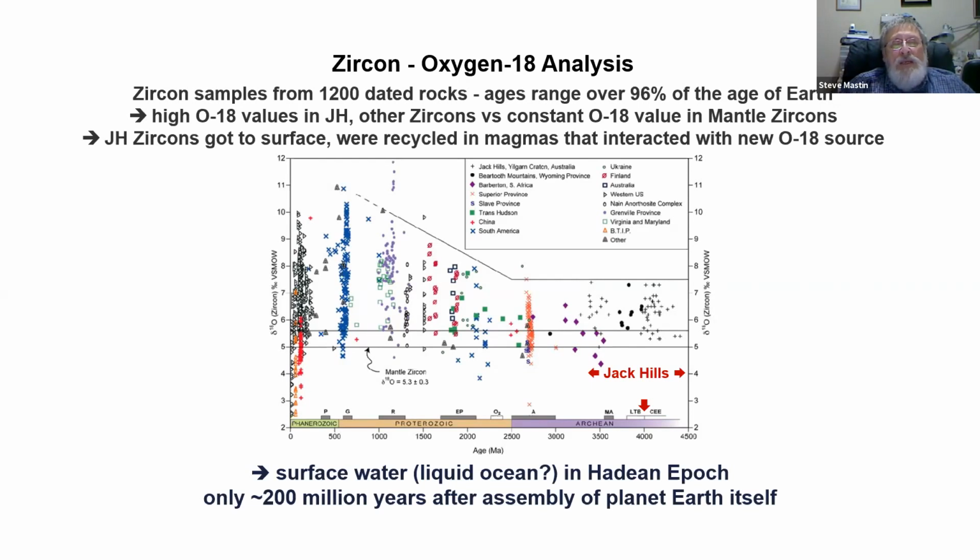And what does that mean? That means that those Jack Hills zircons interacted with surface water. So there was an exchange of oxygen in the silicate part of the zircon. And that happened because of the age of the Jack Hills zircons in the Hadean epoch. And that says approximately 200 million years after the planet itself was assembled from all of its constituent pieces, there was liquid water on the surface of the Earth, and maybe even a liquid ocean. And then as a topper,